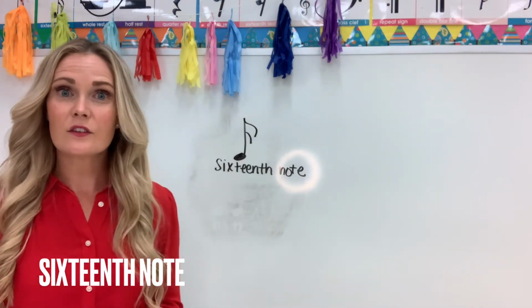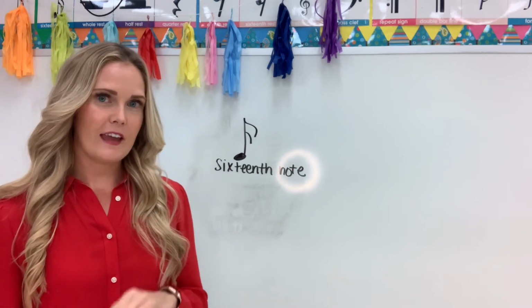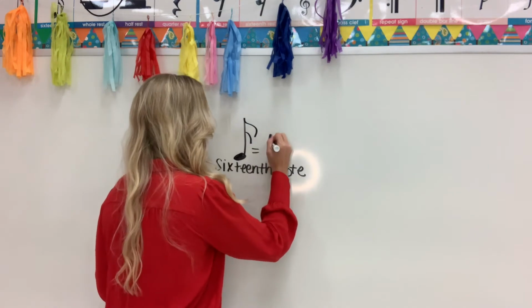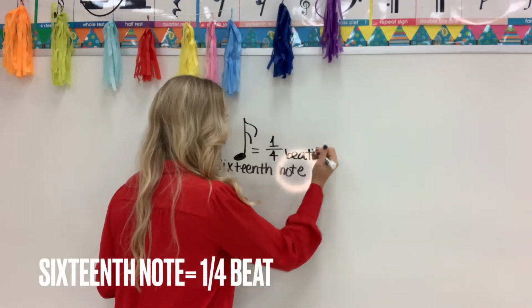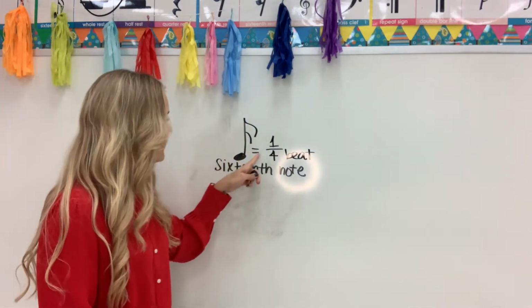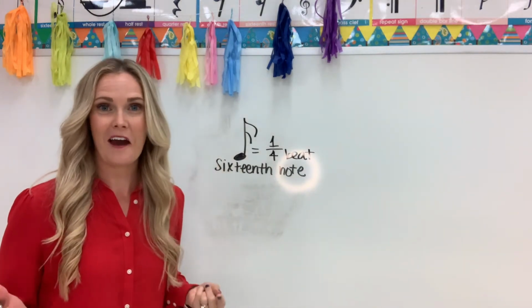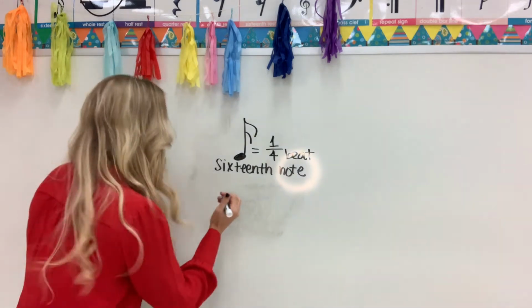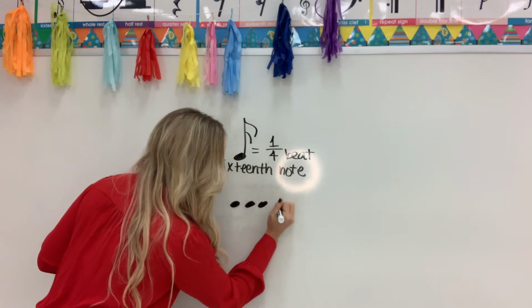Now here's the thing. The 16th note is so tiny, it's worth 1/2 of the 8th note, which would make it worth 1/4 of a beat. So again, we're talking fractions here, but that means 4 of these equal 1 beat. So that means, let me tell you now, it's gonna take 4 of these connected together to equal 1 beat. And this is how we draw them. We're gonna draw our 4 little note heads,